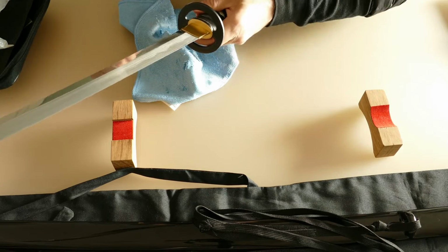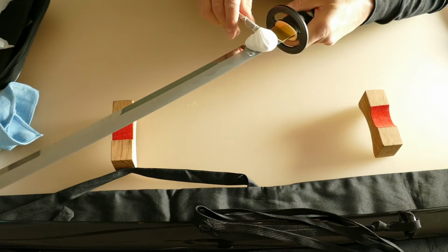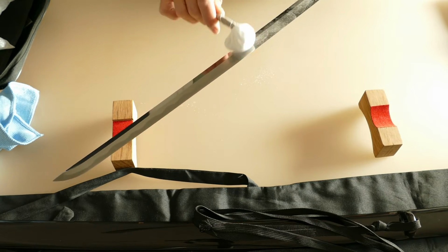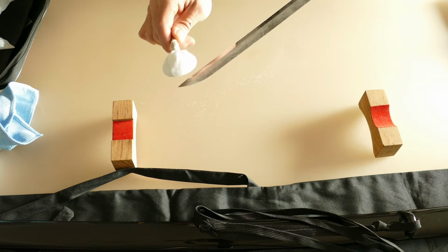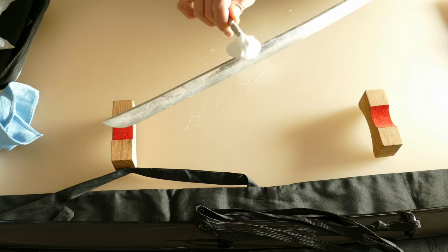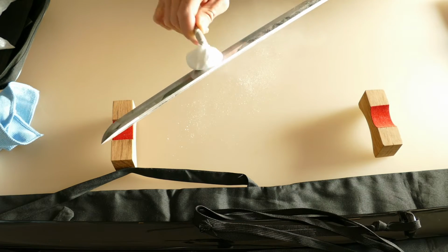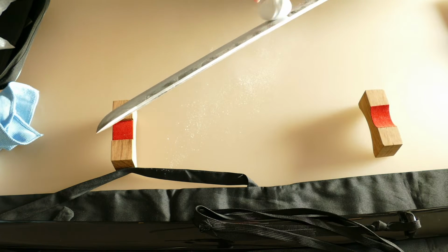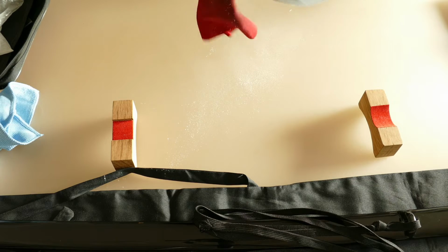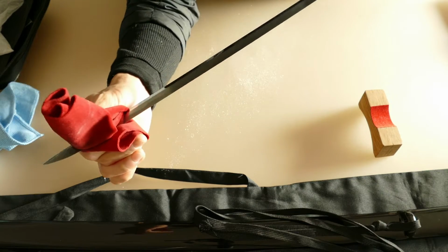So then after you have taken off the old oil, you use the uchiko from the tsuba to the tip, nicely, gently, not too much. Then on the mune and the other side of the blade. Not too much. Then with another tissue, a special tissue for the uchiko moment, you will take off from the tsuba